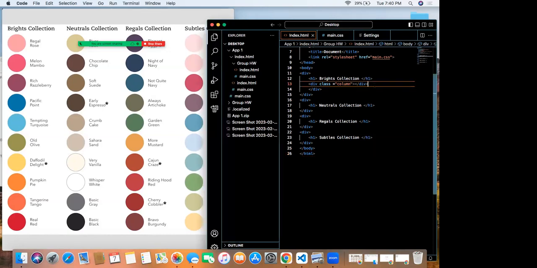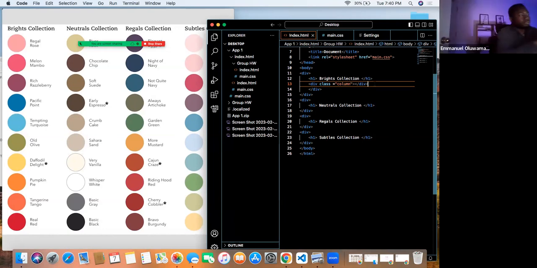Those divs will be containers for all the circles that will be inside. You said 4 divs would be containers for what? For the different groups of circles. Yeah. But what do we write, Emmanuel, to get that? It's going to be a div.